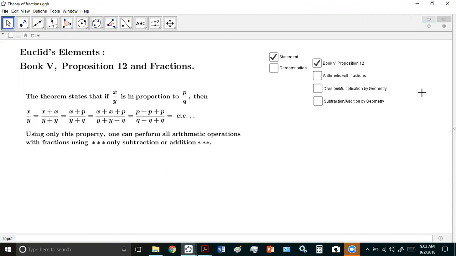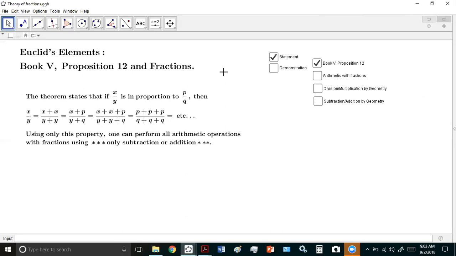At any rate, I began studying the Elements, and eventually I stumbled onto this, Book 5, Proposition 12. Now, this is one of the most meaty propositions, or the most important propositions in the whole Book of Elements. It's a proposition about all the theory of fractions. Can you believe that? That's right. Everything that has to do with the operations of arithmetic, the binary operations of arithmetic, and how to manipulate fractions,